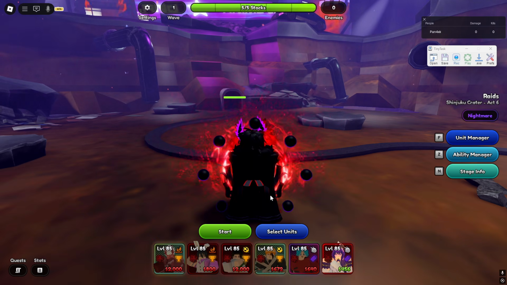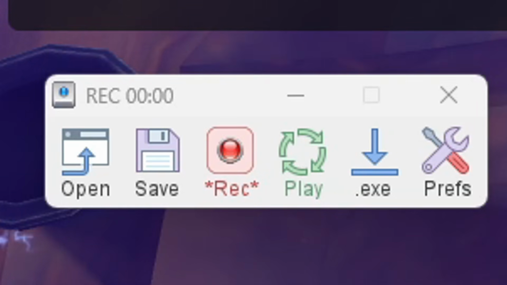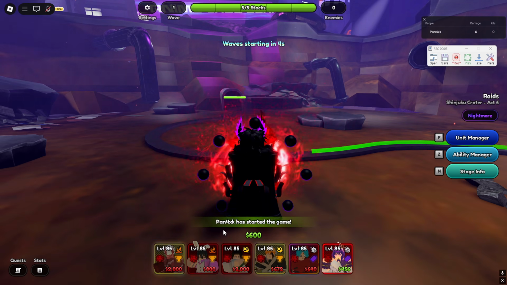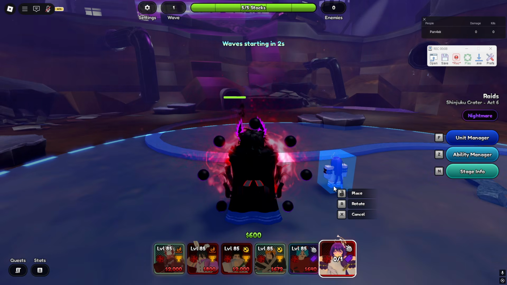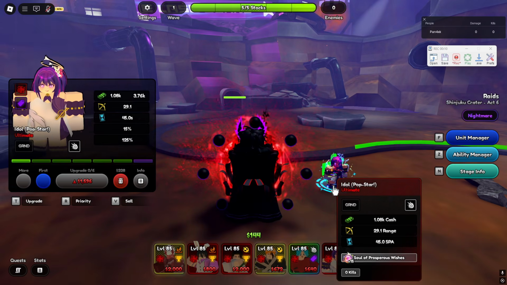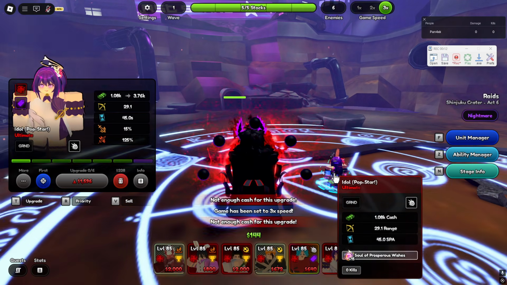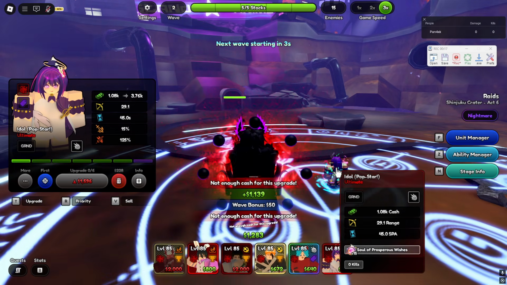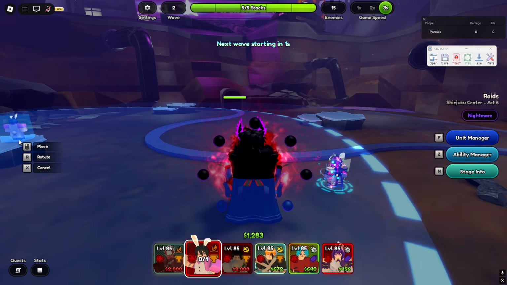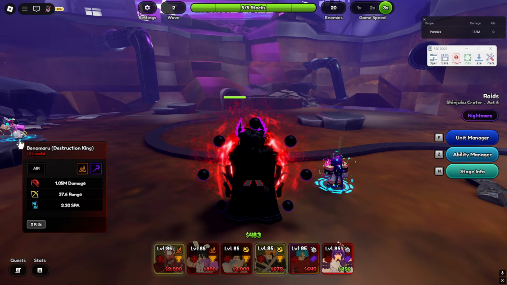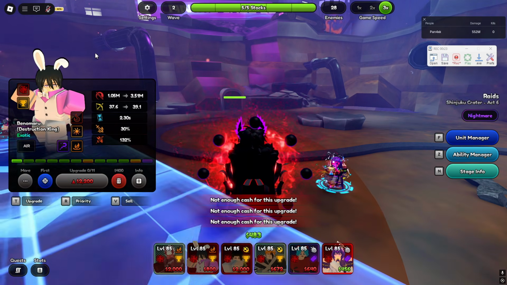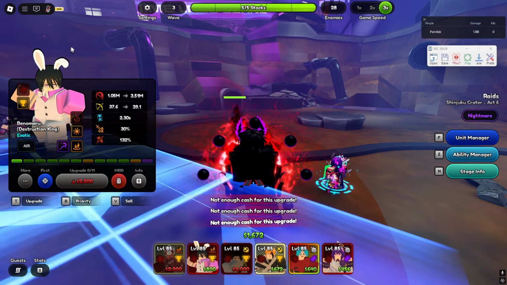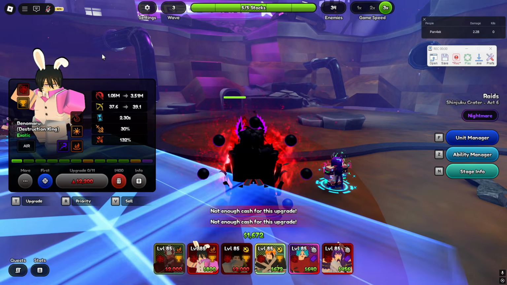So now what I'm doing, I'm clicking F8. As you can see, the record has started. I'm clicking the retry button. Now I'm clicking the start button. Now I'm clicking 6 to pick an idol, placing her, upgrading, clicking, upgrading, X, click, upgrade, X, click, upgrade, X, click, upgrade, X, Benimaru, placing Benimaru, T, click, upgrade, X, T, upgrade, X, T, upgrade, X, T, upgrade, X,